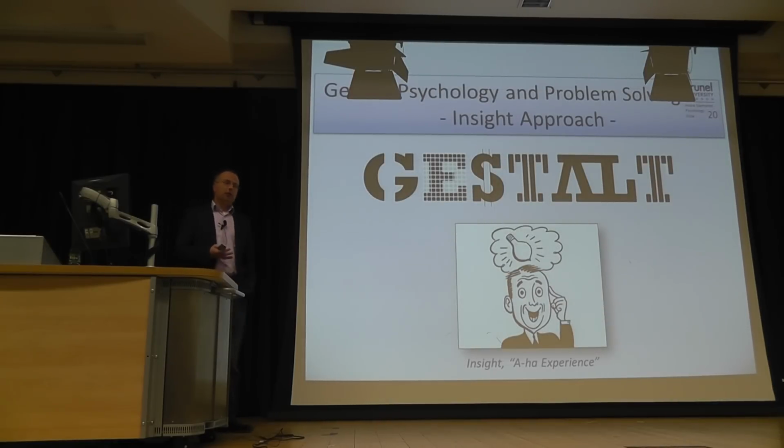Now, Gestalt psychology, we have discovered that in our lecture on perception. And what we've seen, the basic idea in Gestalt psychology and perception, was the concept that the whole is different from, or more than, the sum of its parts. So that, for instance, when something of the shape is missing, we fill that up and we still identify that as a G, for instance. And this basic principle or way of thinking has been applied to problem solving as well.